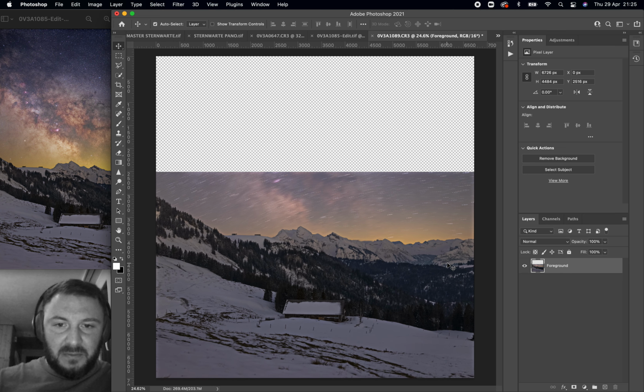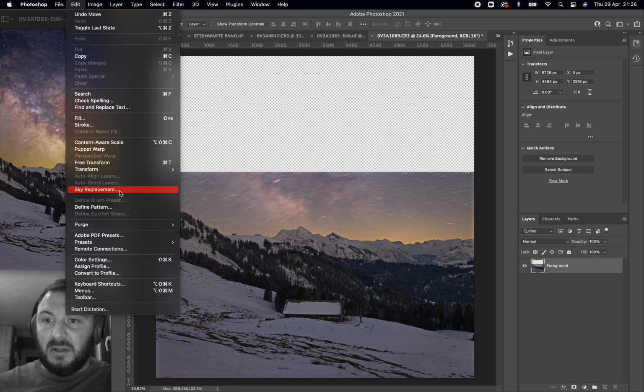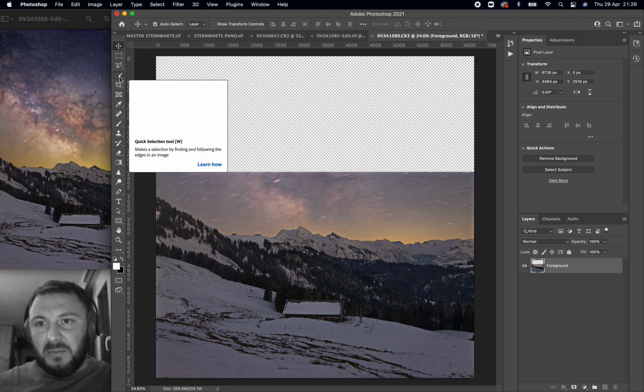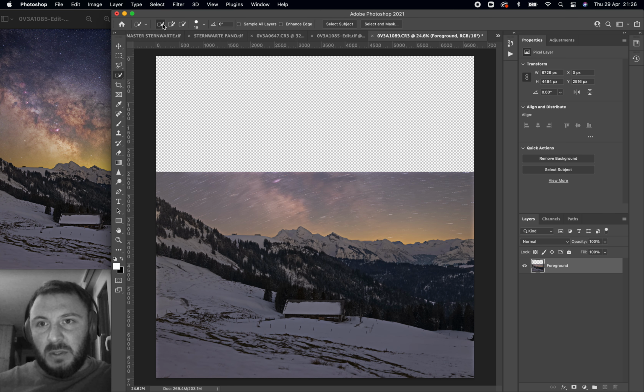Now there's two ways of doing a blend for the sky. Now if you got the latest version of Adobe Photoshop, then you can actually just go edit and hit sky replacement, and that's quite a neat little trick. But the other method is you basically use this tool, quick selection, and hit that, and then just, it doesn't always do a great job. The minus, remove that part, and